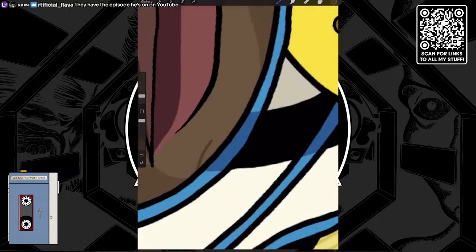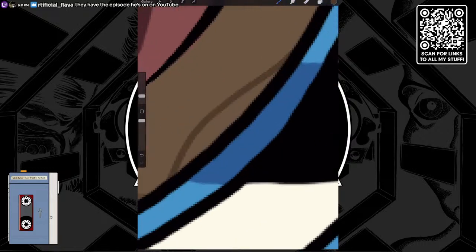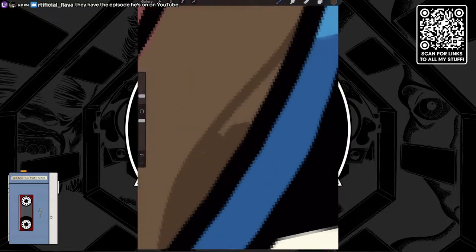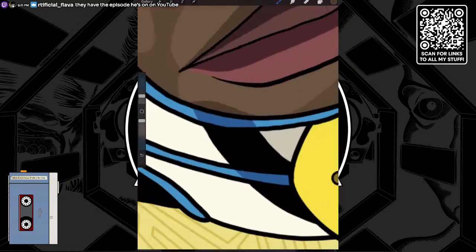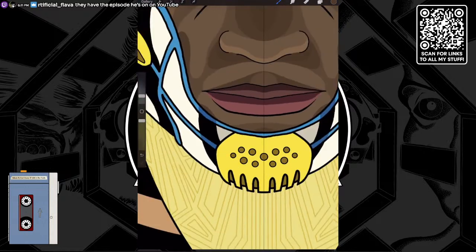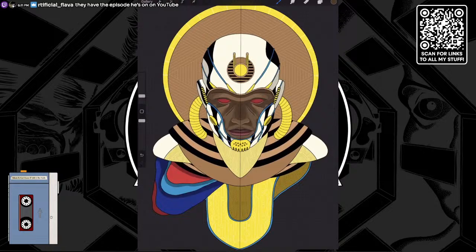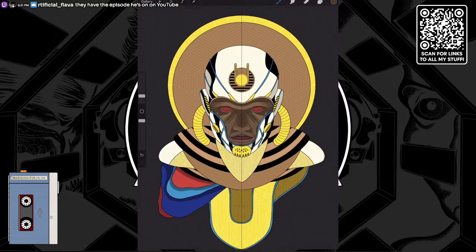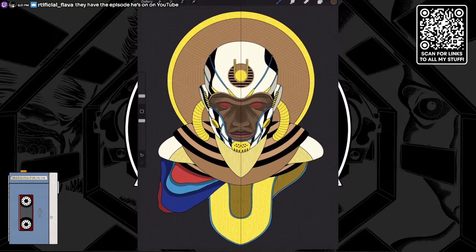I'm going to do this just to give this a little bit of texture here. I'm just going to do that really quick. And then I think I'm going to bring this stream to a close before my iPad just completely flips out on me. But we're making progress. I'm liking this thing, and the layered look is working. I'm liking it. So I'm going to keep trying with that. But so far, so good. I like where this is ending up. This is going, I think, in a good direction.